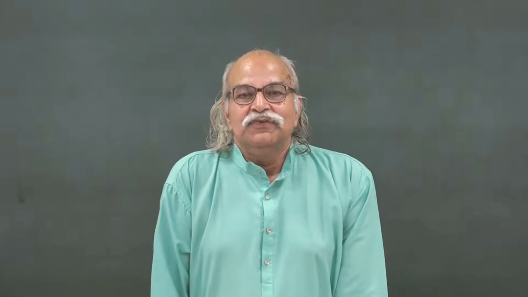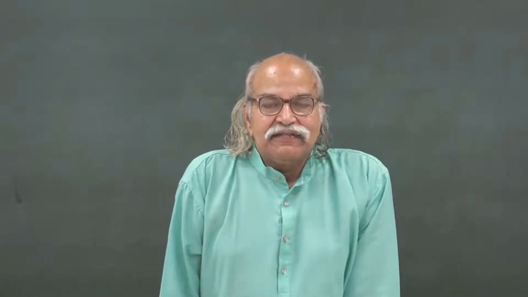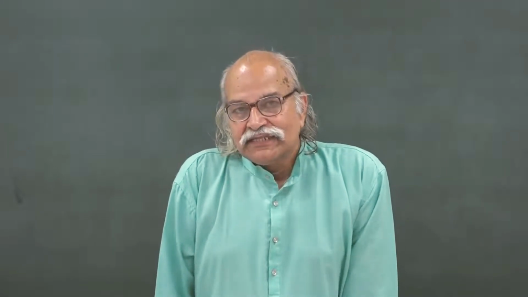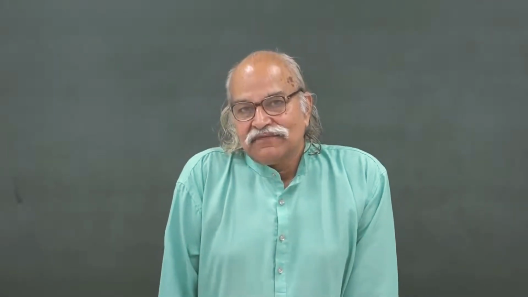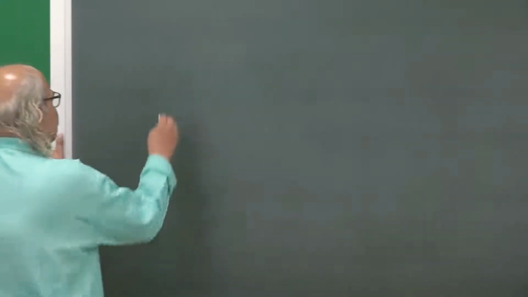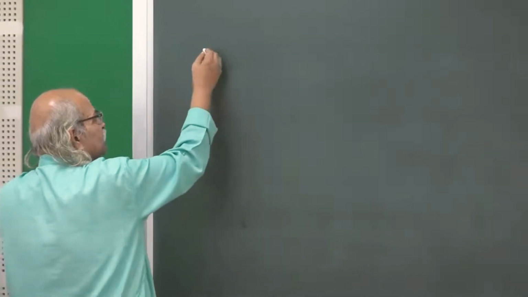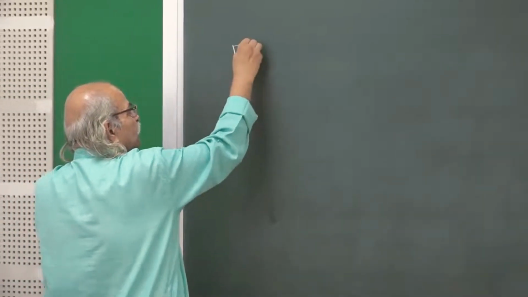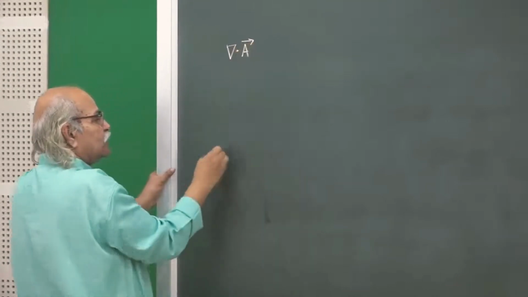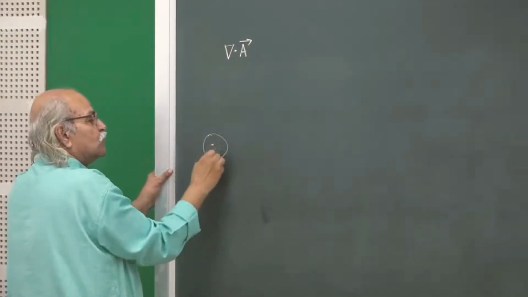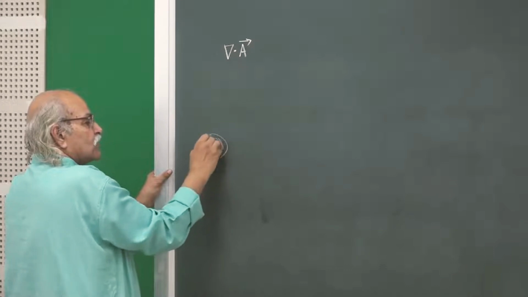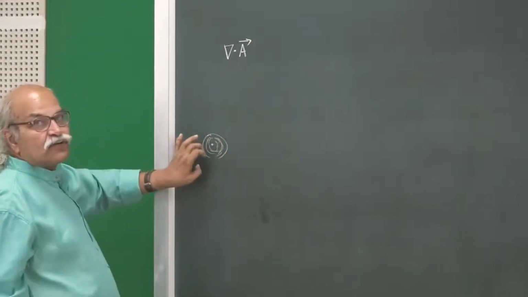So, last time we talked about the divergence of a vector field, and if the vector field is defined everywhere, you can ask for any given point in the space how much the divergence of that field is there. And we discussed the definition of divergence: if you want the divergence of a vector field at a certain point, then you construct a small volume, so that the given point is inside the volume, and